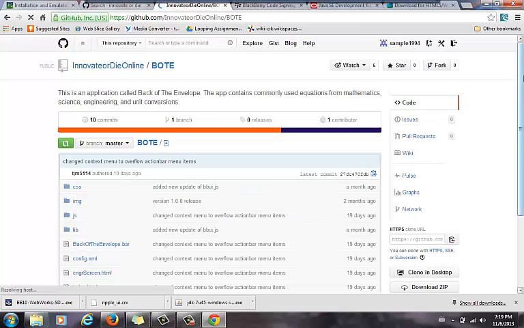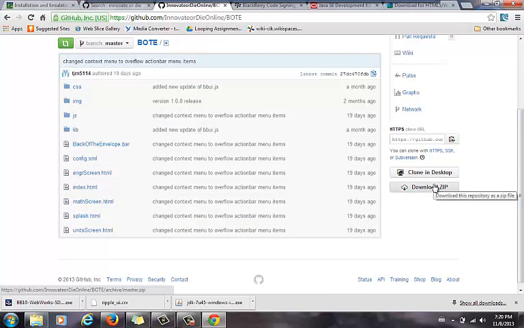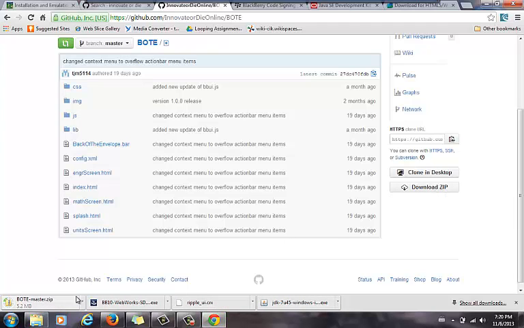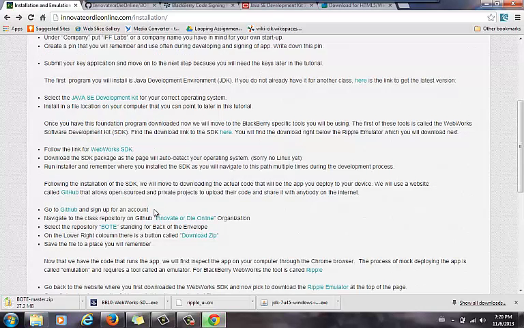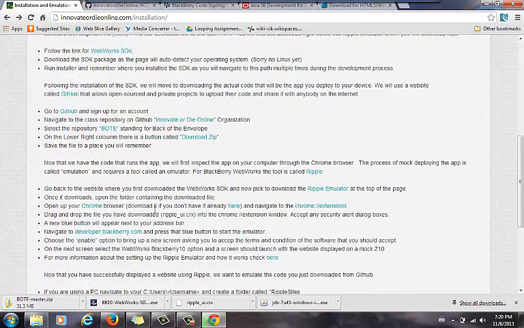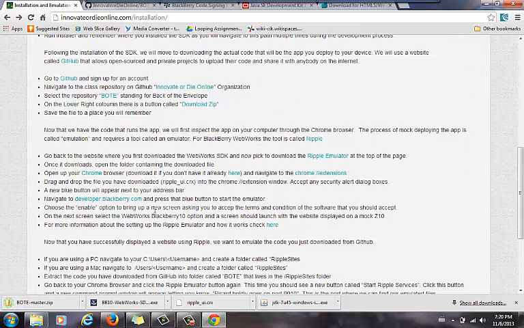What you want to do is open BOTE and go all the way down to download zip. And you want to download the zip to a place where you know where it is. So I'm just going to download it to the downloads folder. And while it downloads, this is one of the last steps in the emulation process. So the next step will basically be opening this BOTE file